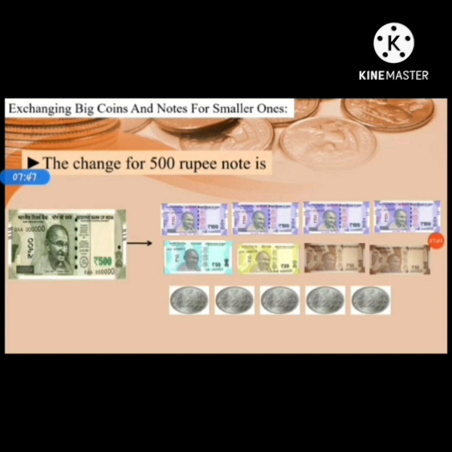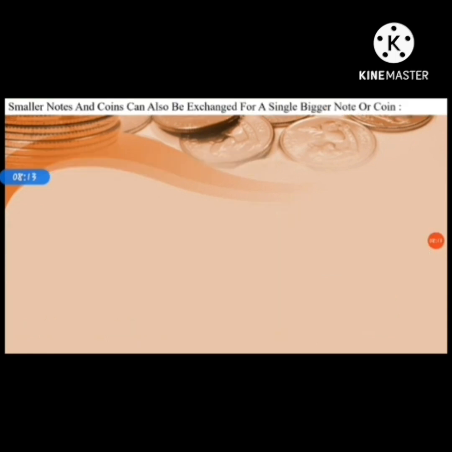Clear? Just add all this. If we change 4, how will you write? See this: 400 rupee note, 150 rupee, 120 rupee, 2 10 rupee, and 5 2 rupee coins. Clear? See, if we take this, we will add all these things and we'll get 5 rupee change.